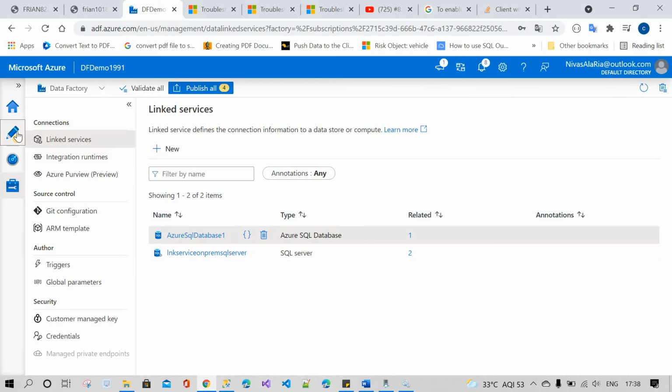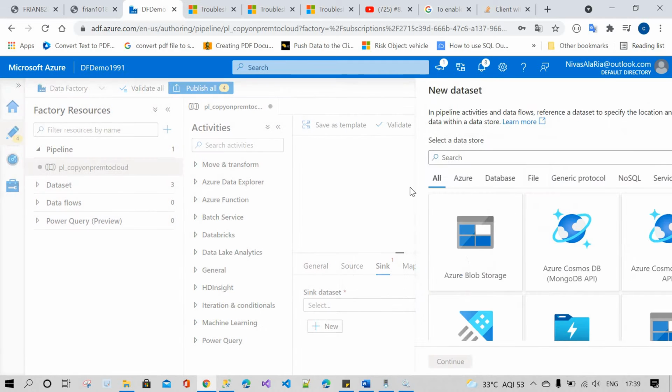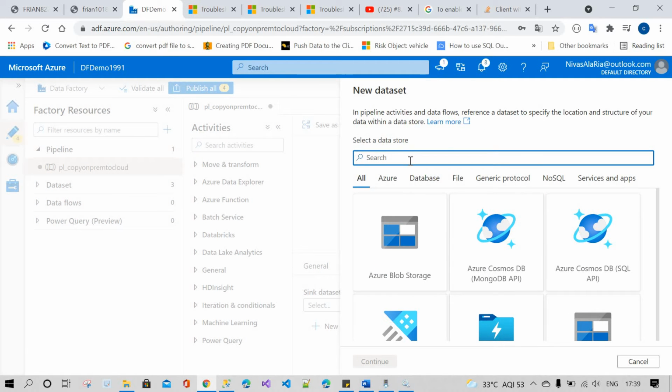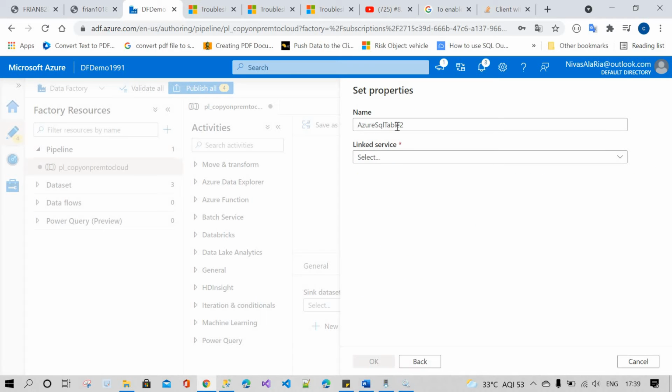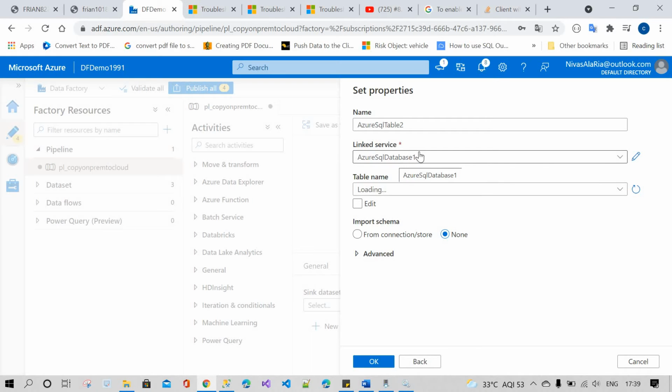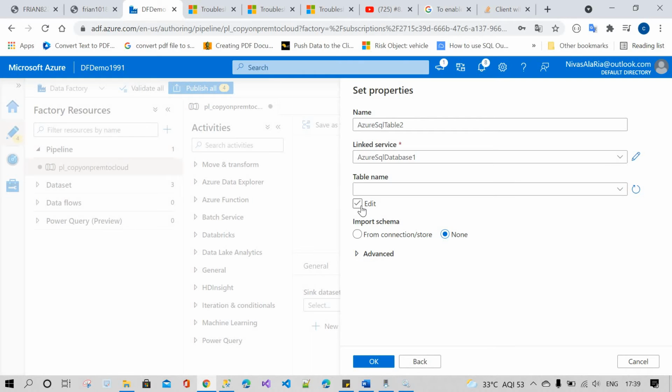Okay, later we get back to our work. In the sink service, again I'm going to choose Azure SQL database. The linked service I already showed one minute back; it is going to communicate with the cloud. I want to create a new table in the Azure SQL database.